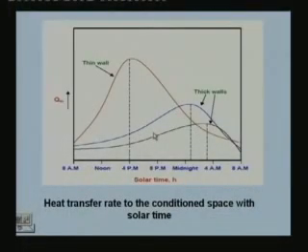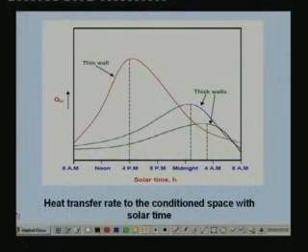Okay, this graph here shows the heat transferred to the conditioned space. Not heat flux, but total heat transfer to the conditioned space as a function of solar time, for a thin wall, a thick wall, and a thicker wall. So you can see that the heat transfer rate increases from about 8 am, that means 1 or 2 hours after the sunrise. For a thin wall, the heat transfer rate increases in this manner, and it reaches a